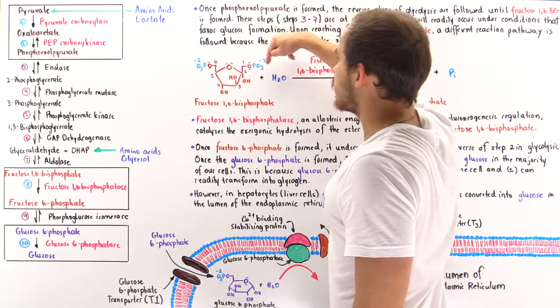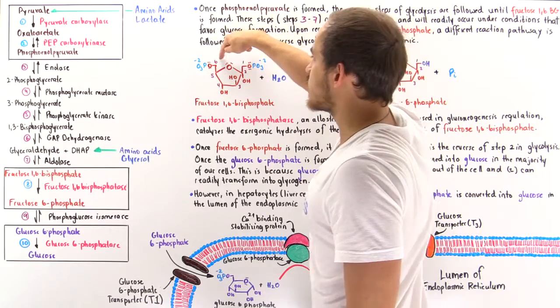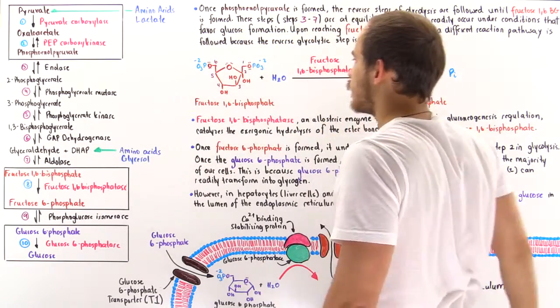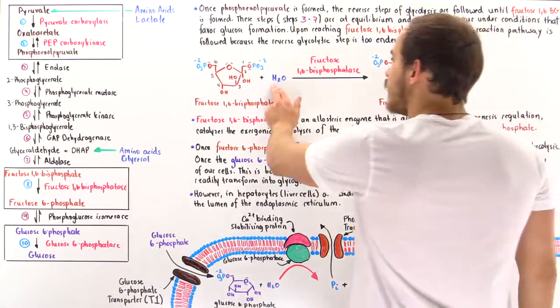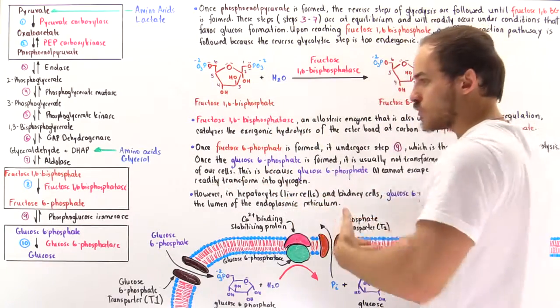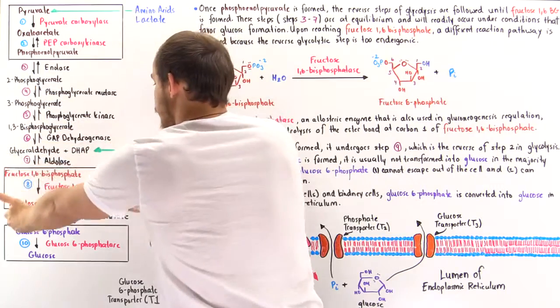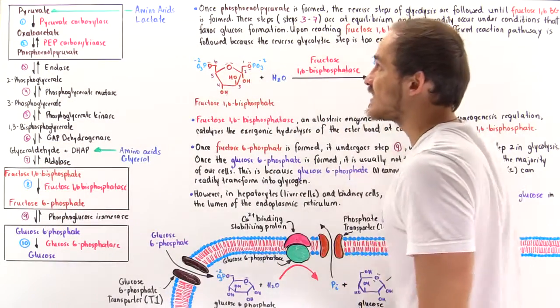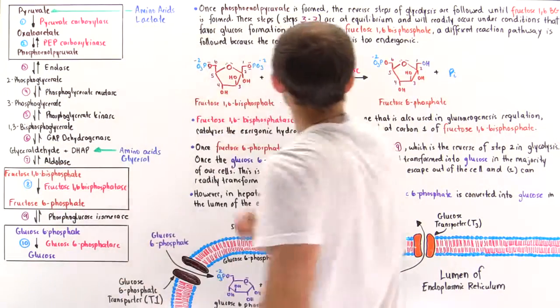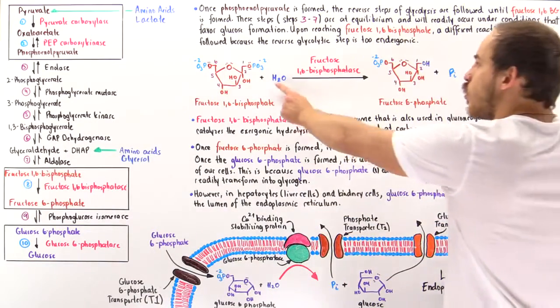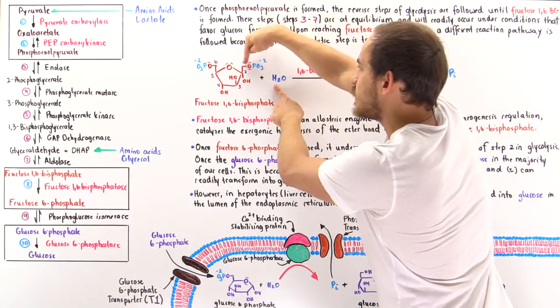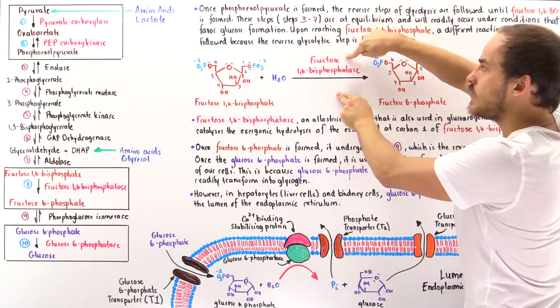So carbon number 1 contains the phosphate group as well as carbon number 6, and this is our fructose molecule. Now, in the presence of water, which we have plenty of in the cytoplasm, remember, all these steps basically take place in the cytoplasm except step number 1 and step number 10. And so the water is used to hydrolyze this ester bond via the activity of fructose